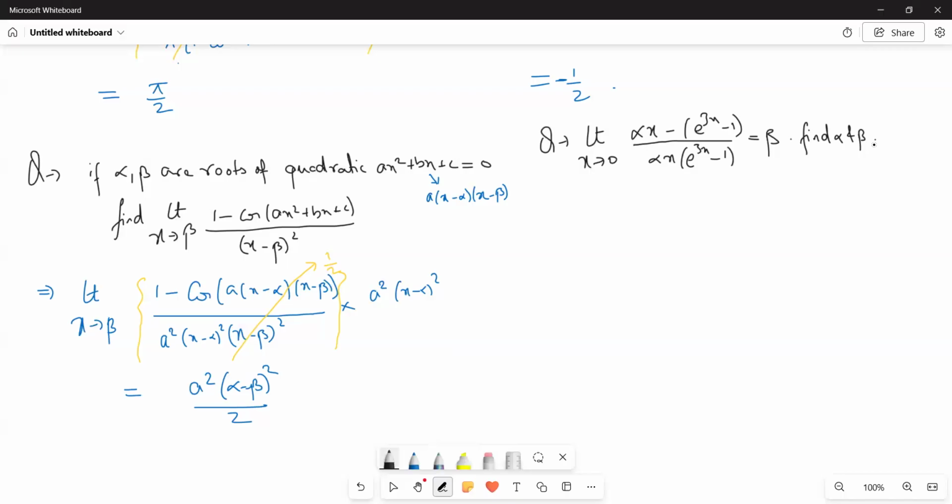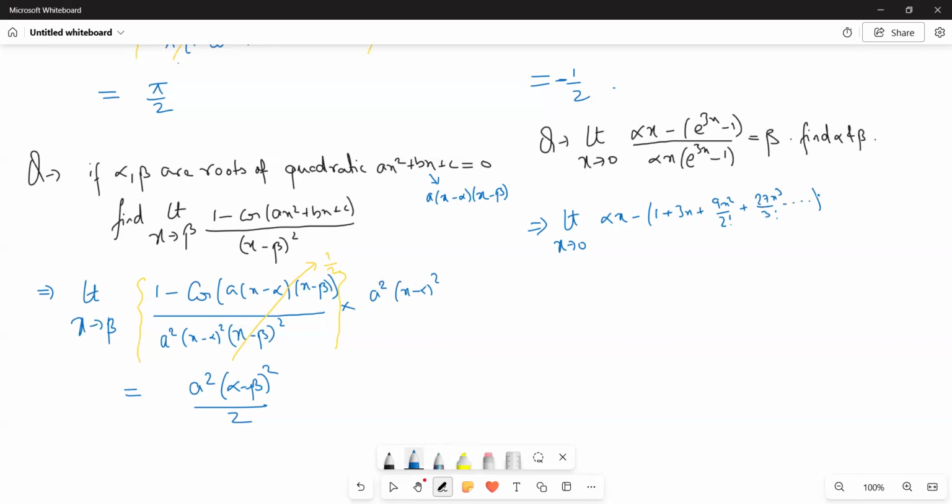So for finding unknowns, we always use series expansion. Finding the value of the unknowns, we use series expansion. So that is what we do for this question as well. We say that, okay, this will be limit x tending to 0 of alpha x minus the expansion of e to the power 3x, which will be 1 plus 3x plus 9x square by 2 factorial plus 27x cube by 3 factorial dot dot dot